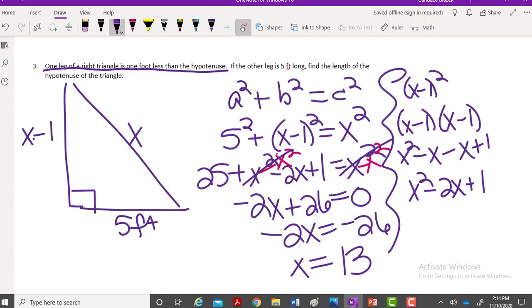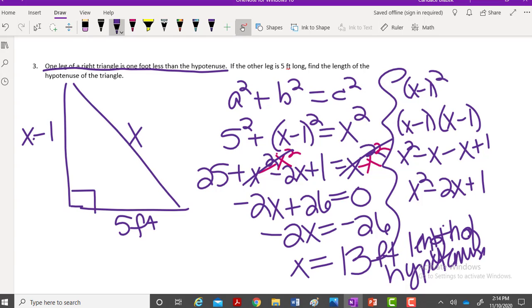So we could say x is equal to 13 feet is the length of the hypotenuse. And that would be the answer. So again, I wanted to give you 3 examples of good quadratic word problems for our